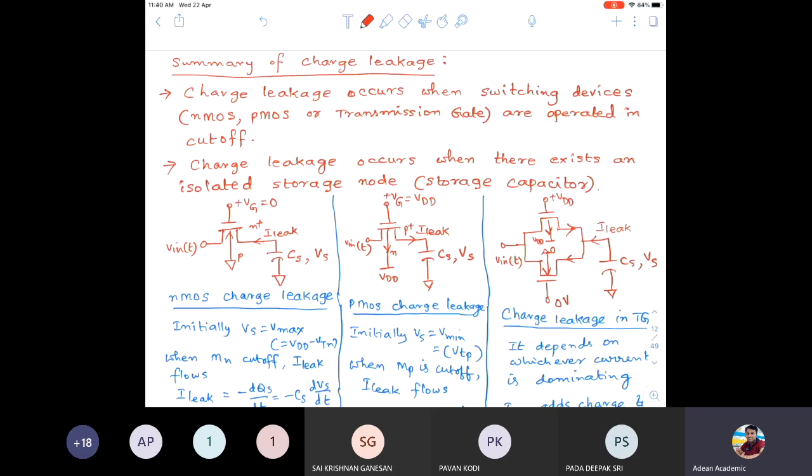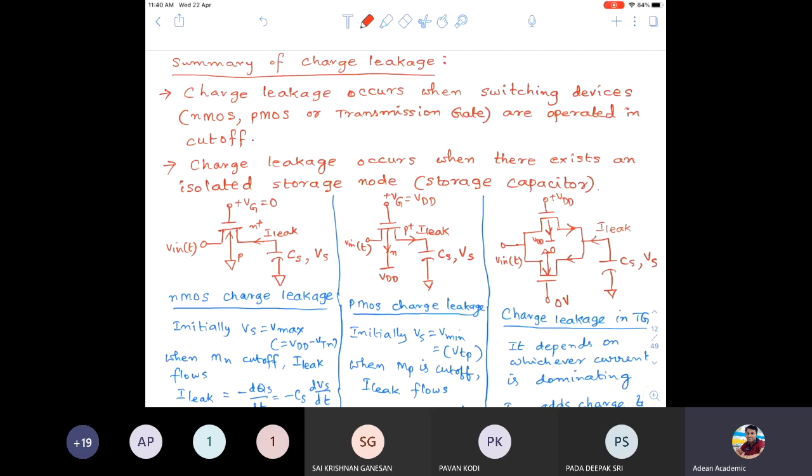So the expected output will remain only for a certain short period of time, and we have to use that output as input to the next pipeline circuits. Otherwise, the output will change its state. If the output changes its state and you use that output, then you will get wrong outputs in the logic. So that is the problem. We'll just go through the summary of the previous class for 2 to 3 minutes, then we'll go with the new topic.